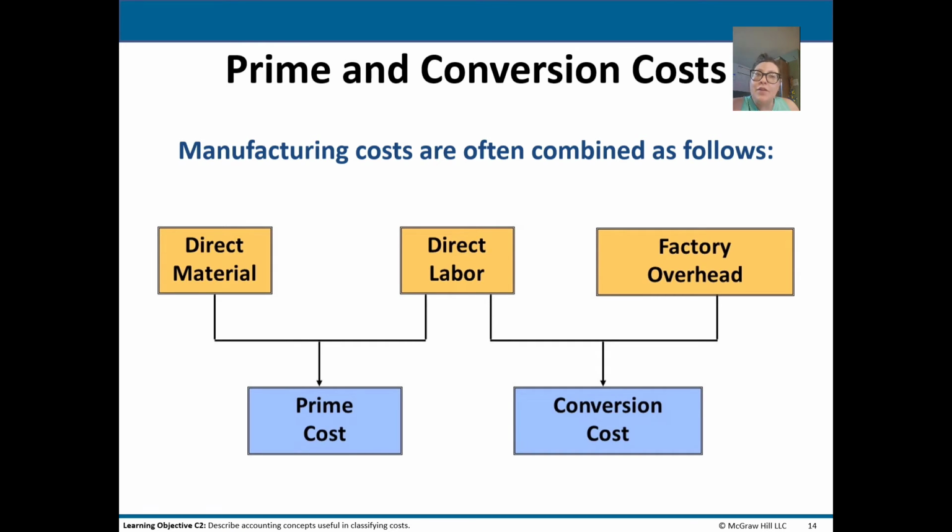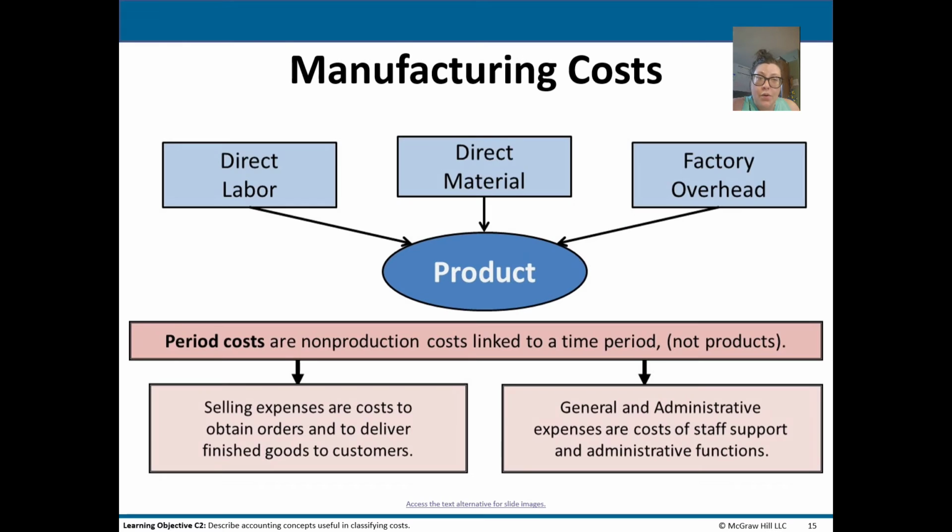And then you have the terminology of product costs. Those are all the production costs that are necessary to create a product. So that would include all the things we talked about: direct materials, direct labor, and factory overhead. Then you have this concept of period costs. Those are non-production costs, but they're still associated with the time period during which you're completing the manufacturing of your products.